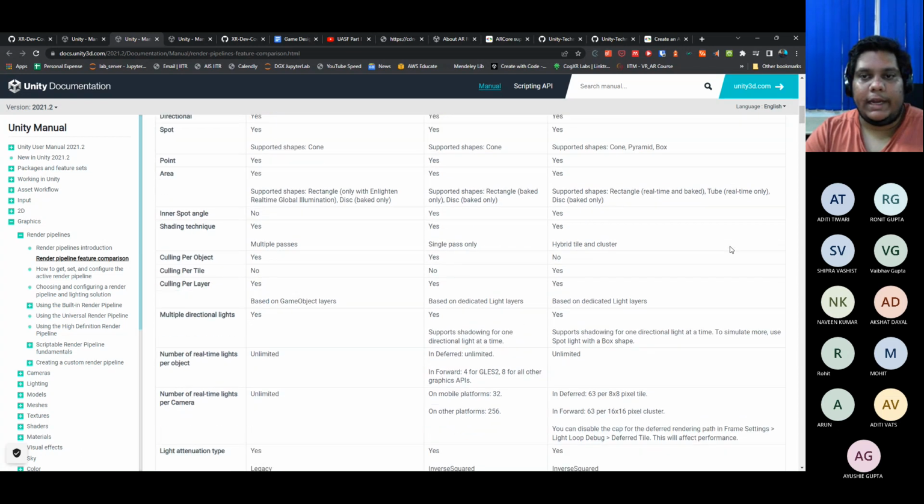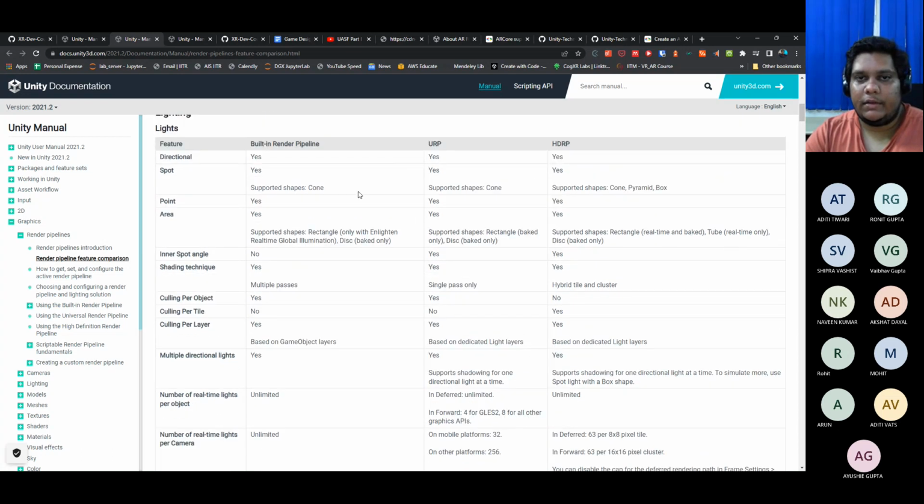So coming to lighting again, there are obviously so many different things to consider, but in general, when you go to Unity, you can add a directional light, we have seen, because this is added by default and is present on all of them. Then there are three more kinds of light that are available in general. If you don't want to see anything else, these are the three other general options that you'll see: spotlight, point light, and area light.